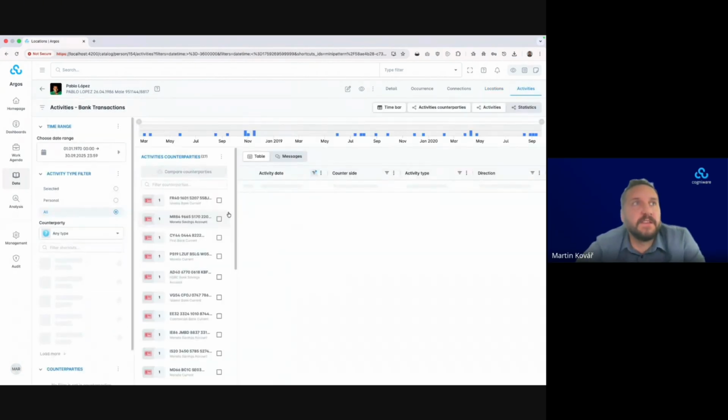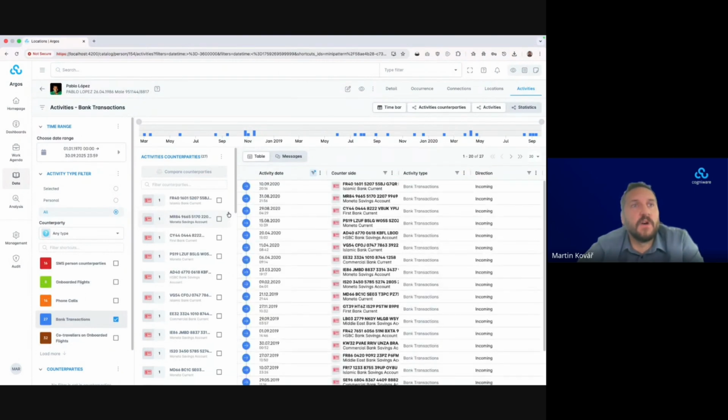Now, as for the activities, we can draw various types of events on the timeline. You can combine them at once. In this example, you can see the bank transactions timeline for that specific person, and you can see the counterparties in a timeline fashion. So this one goes for deeper investigation outside of the STR data that provides you more context, and you can enrich your existing visualization.